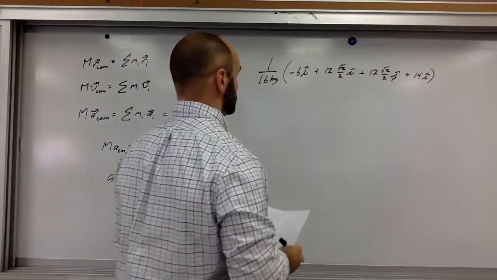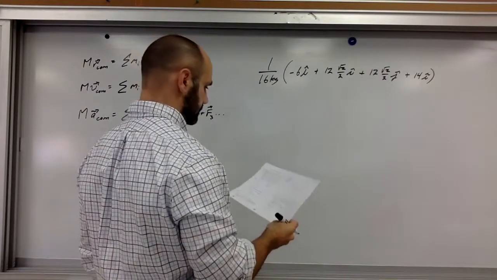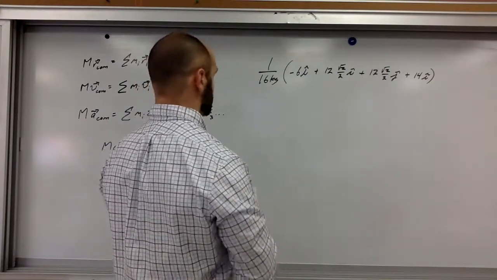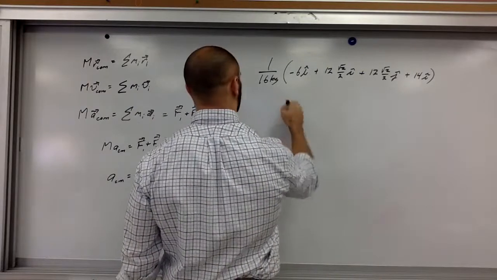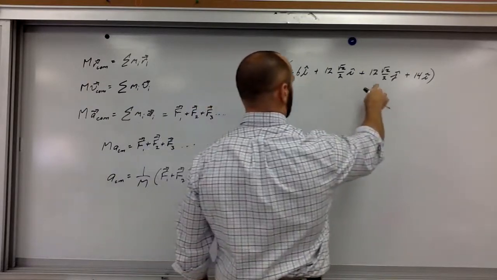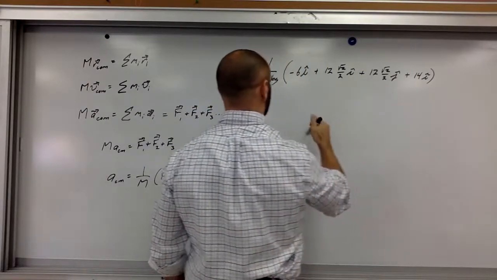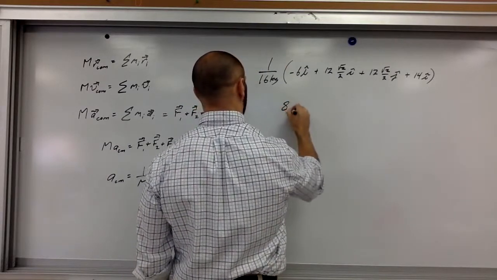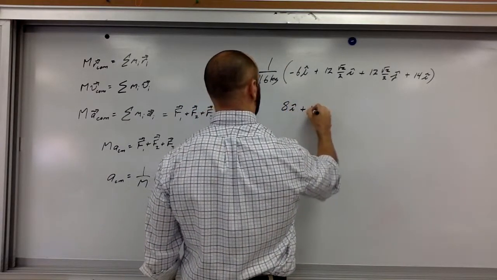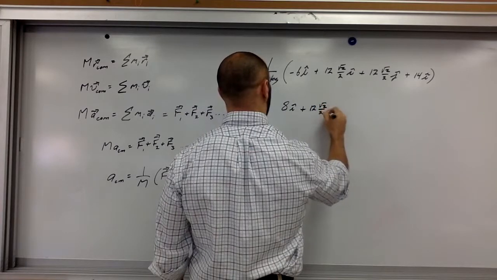And then, let's see, this will all just add up here. So negative 6 plus 14 is 8. So we've got 8I plus 12 root 2 over 2 J